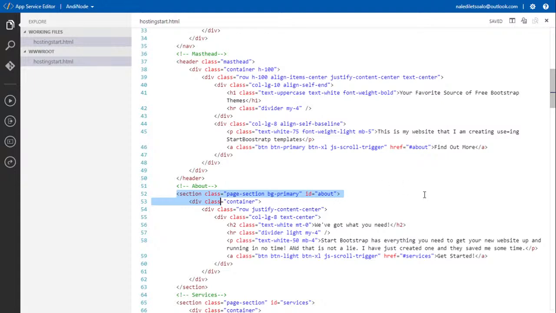I know that it's a section because it ultimately says section, but it's also a section because it is a portion of the page that I would be using. And page section BG primary. BG in Bootstrap is background, so that will be the primary color.